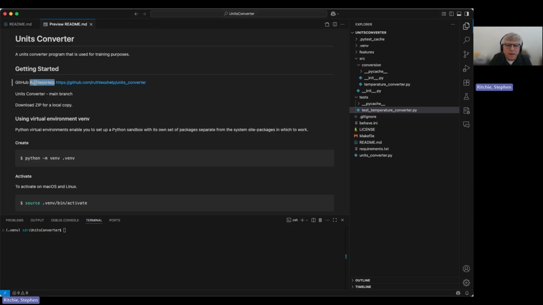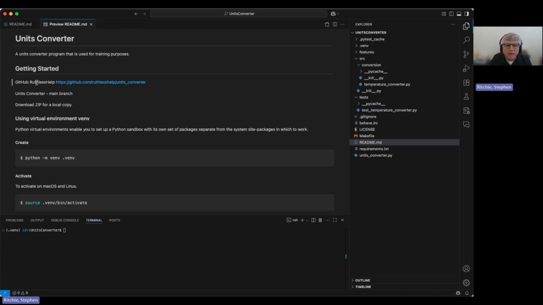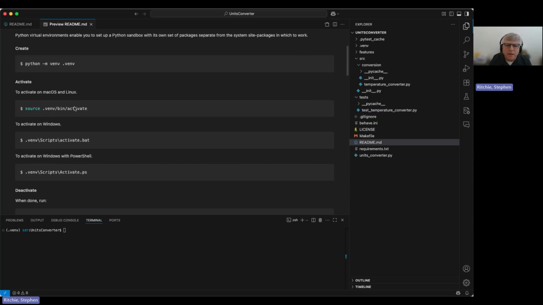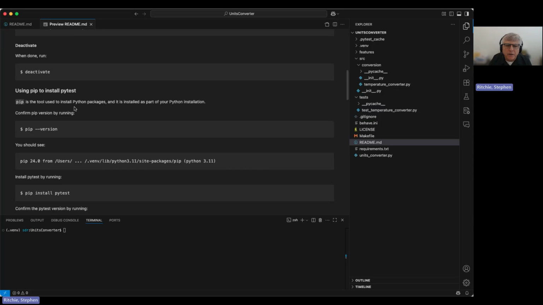There is a GitHub repository available on my personal Ruthless Help GitHub, and the units converter main branch is there. You can download the zip for a local copy if you want to go along with this. The README provides instructions on how to create, activate, and get started. It goes through installing